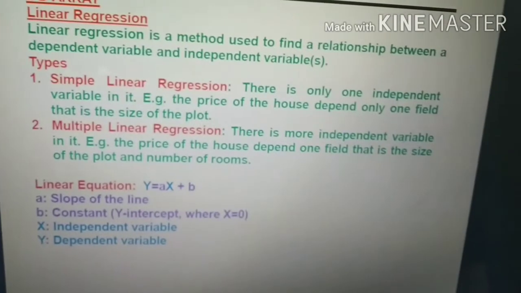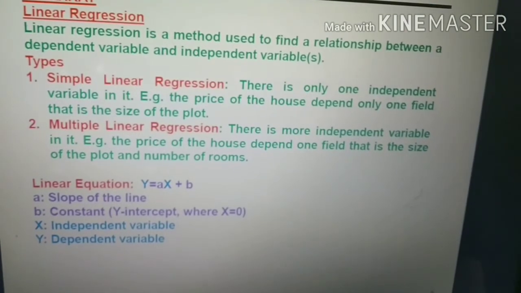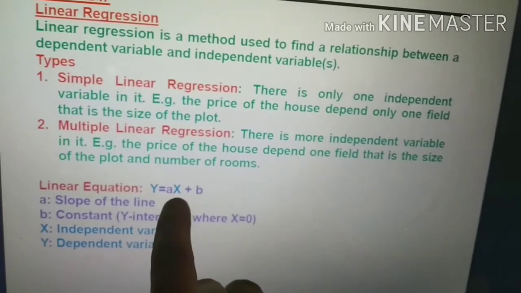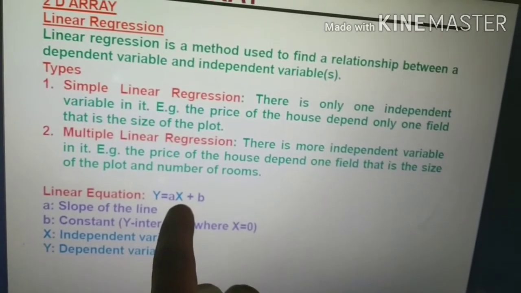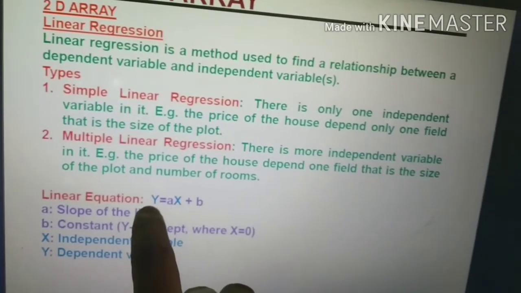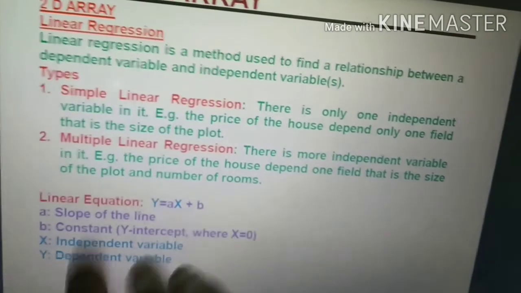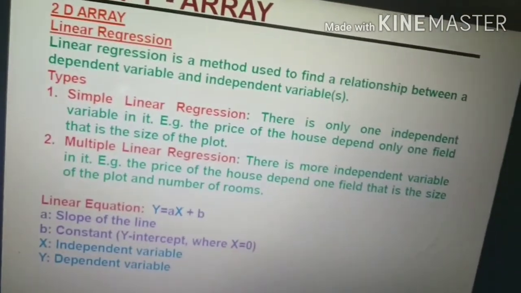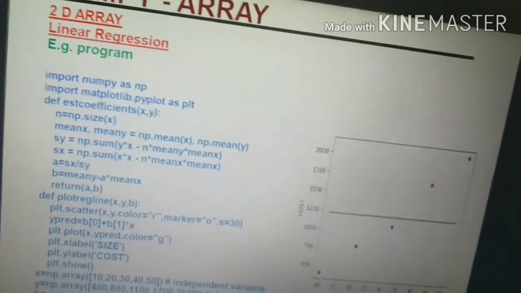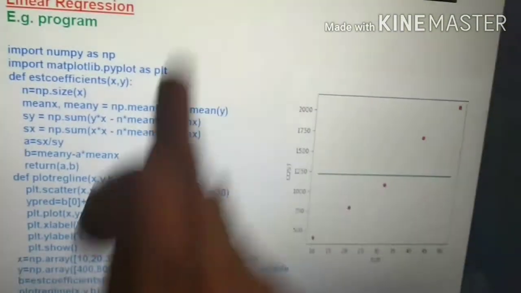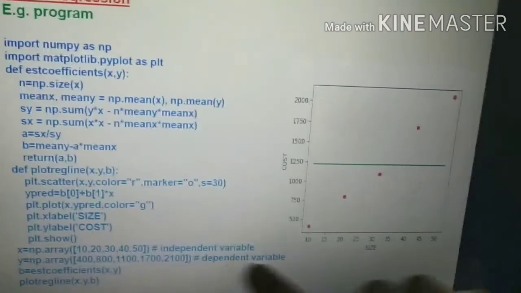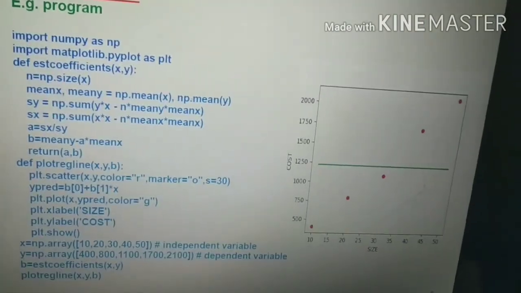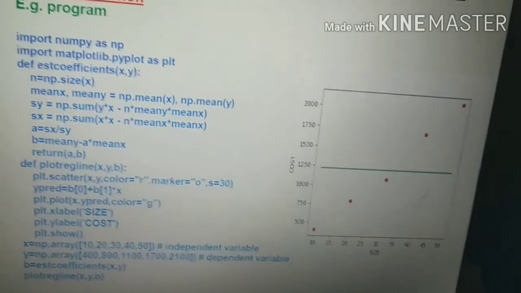Similarly, linear regression and multiple regression. Actually, they are talking about a line y equals ax plus b. Here x is the independent variable and y is the dependent variable. So what is the relation between them? Is it fully dependent on that or not? That can be found by regression. And for that they have given one full formula. There is a formula for that, and by this we can easily plot the line. By this line we will come to know whether it is related to this one or not related to this one.